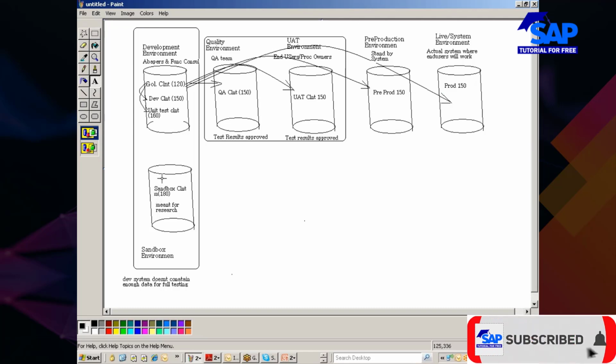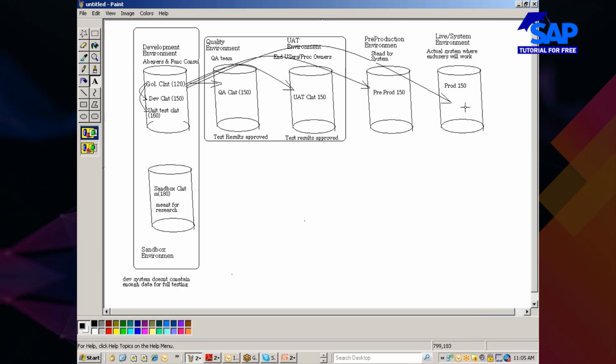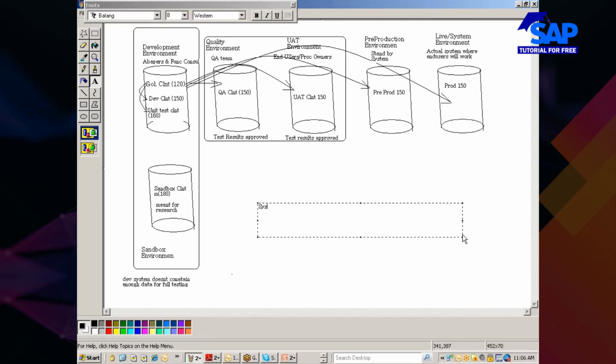So this is the place where all the end users like Radhika, Lakshmi and Pavitra, etc. So you guys are working in this system. This is what we call the system landscape. You have no role to play in deciding the system landscape. It will actually be decided at a higher level.